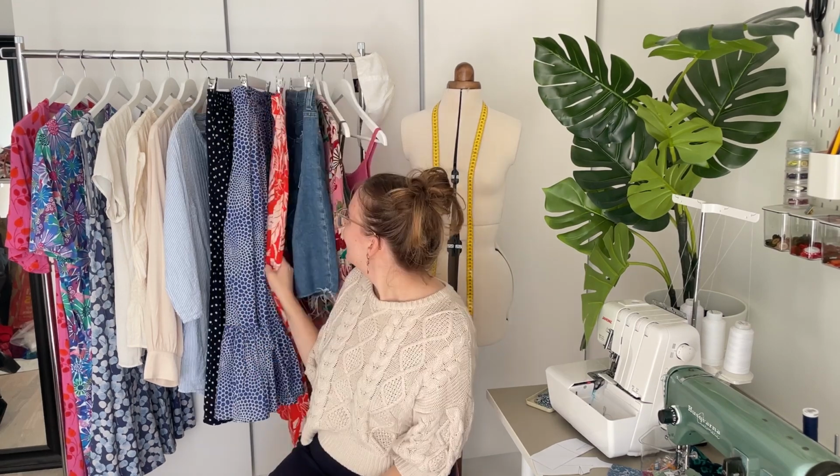Yeah, I just top stitched at the top and at the bottom through all of the layers to keep the elastic staying in place. And also when washing, that's really good to add the top stitching to keep everything in place. And then I found another pair of